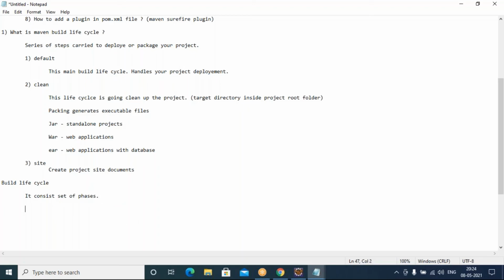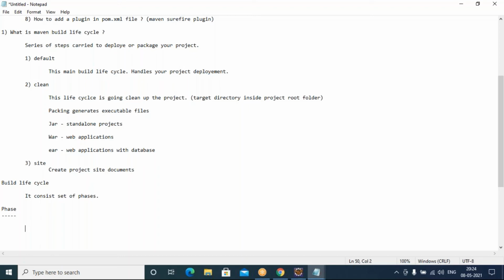Now what is a phase actually? So talking about phase now. One very important point about the phase I want to mention here. Life cycle consists of the phases.